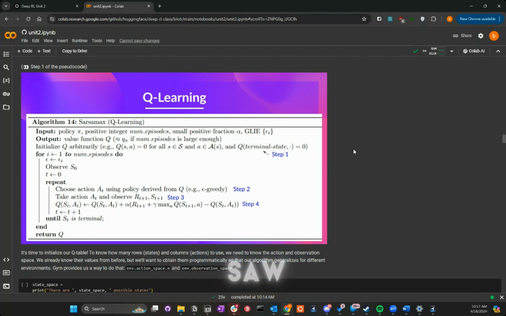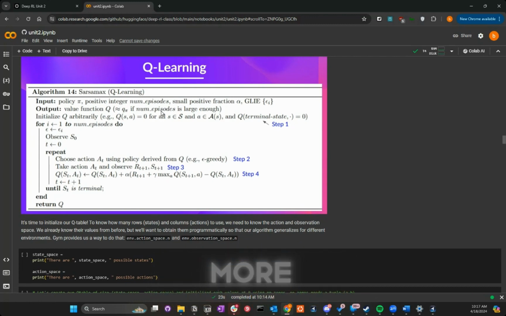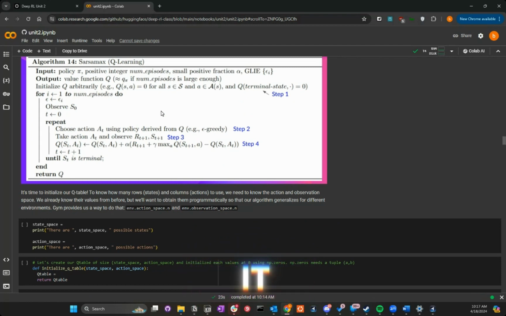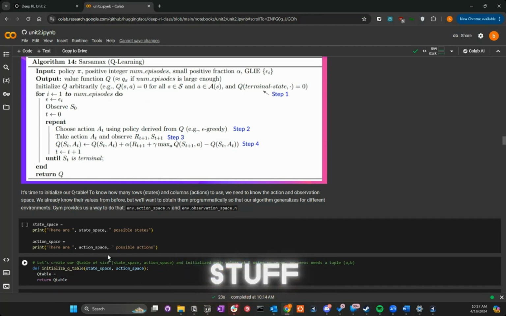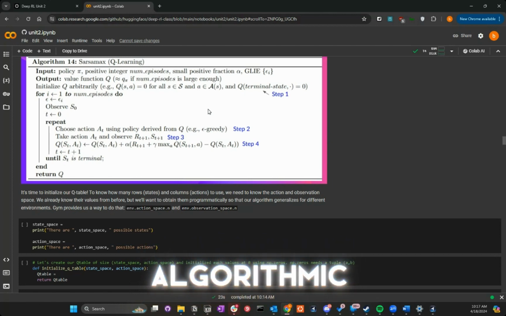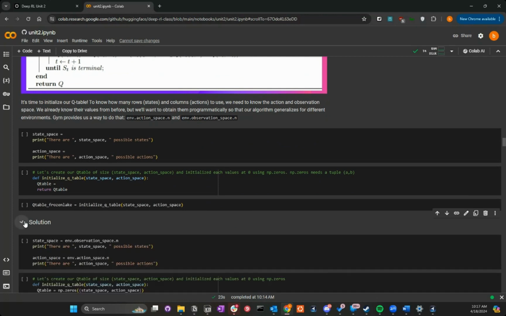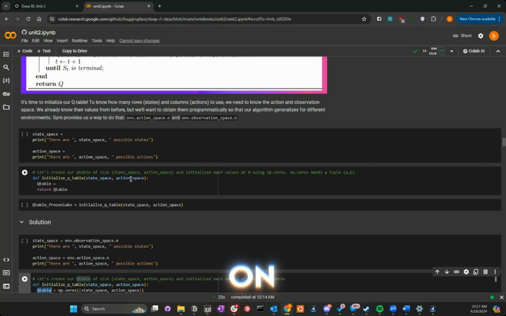One of the things I saw after going through this notebook is that this algorithm looks much simpler when you're actually coding it out, because the library already handles a bunch of the stuff, so you don't have to write it out in formulaic algorithmic expression notation, or whatever this is called. Let's see. So going back on topic,